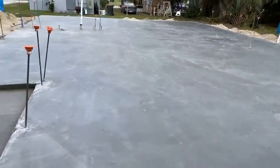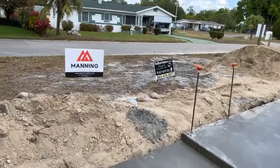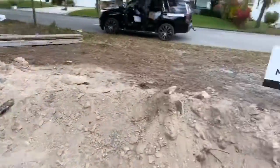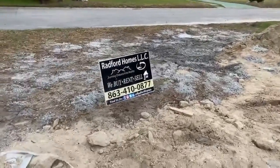All right. Question. I remember one time a couple years back when I was doing a big job like this, the guys had plastic and covered it over. Before they poured it, or after? Yeah, what they're doing is they're trying to eliminate how